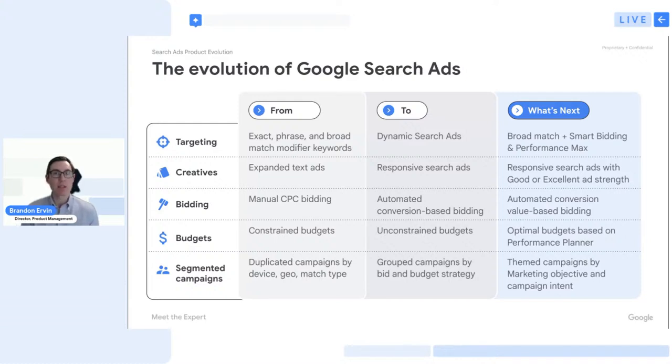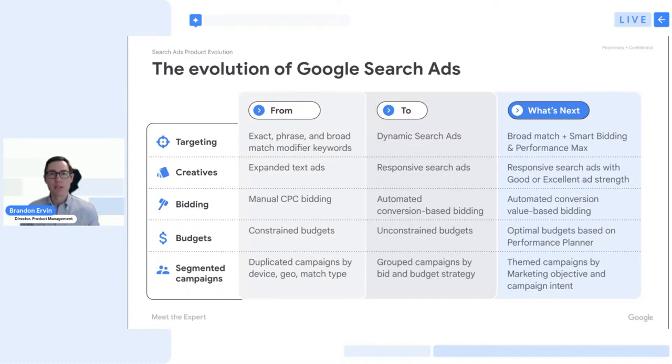So moving to things like dynamic search ads for scaled landing page targeting, responsive search ads for more dynamic ad creative, moving to conversion-based bidding as sort of the foundation for expressing your goals in Google, and then starting to think about how can I simplify campaigns by bid and budget, for example. And then where we really want to continue to take the product is in particular for targeting, leading into broad match and smart bidding as the marquee search targeting product. And then layering on Performance Max for multi-channel demand when it makes sense for your business, also known as the power pair that we talked about at Google Marketing Live.